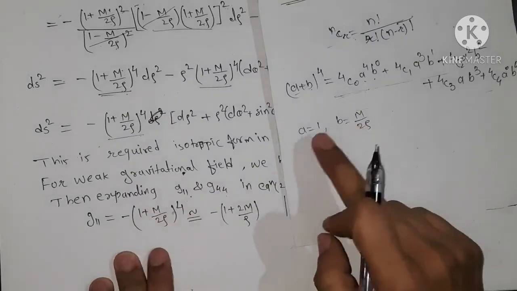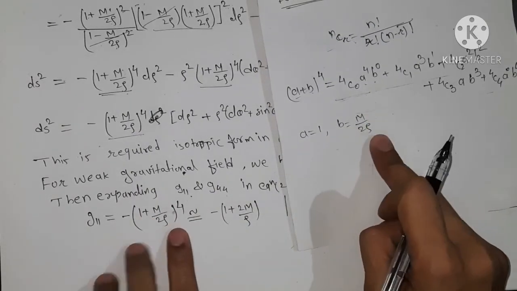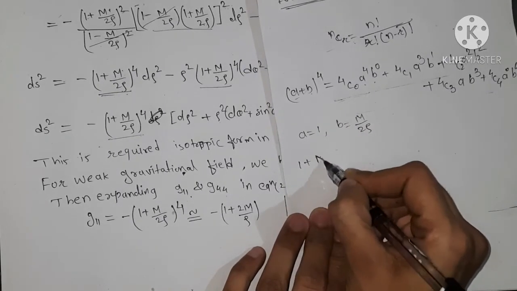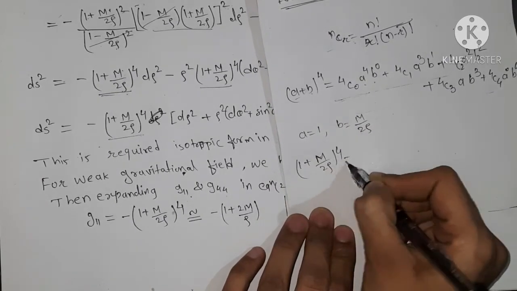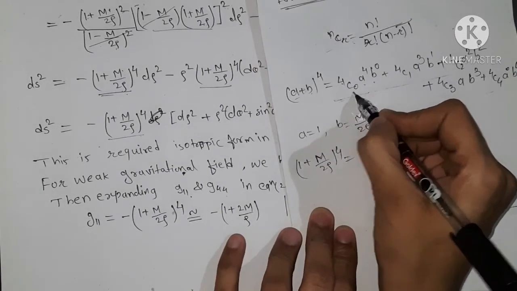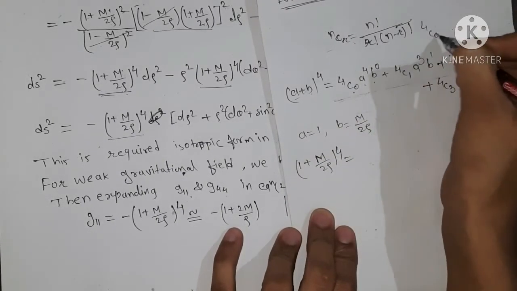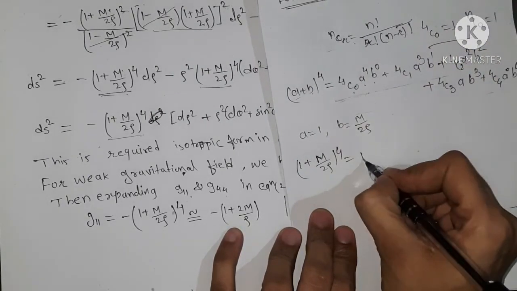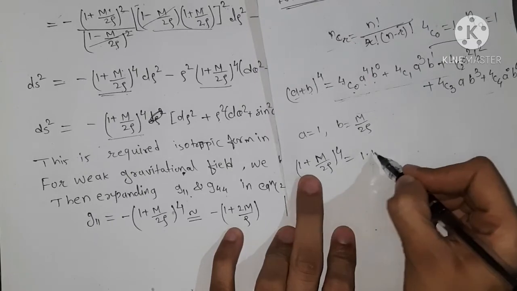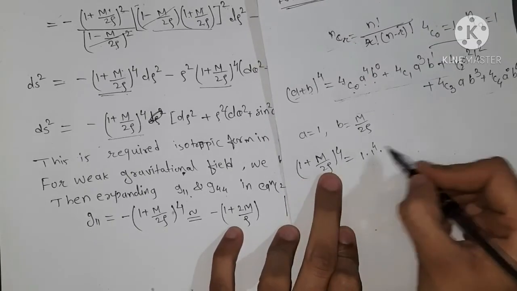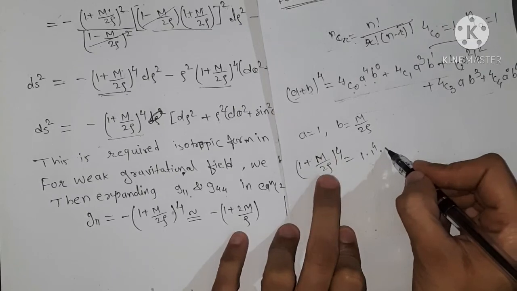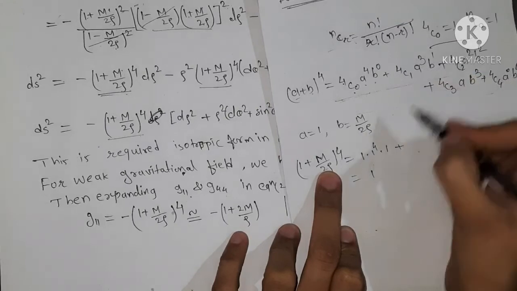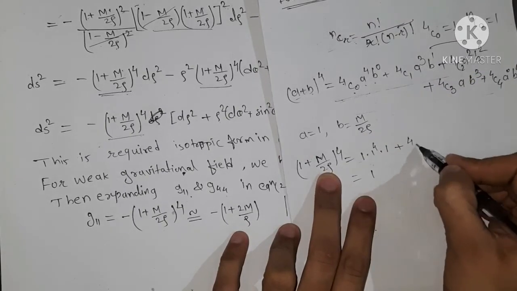So for this expansion we are taking a equals to 1 and b equals to m upon twice rho. Therefore, applying 1 plus m upon twice rho to the power 4, this is equal to 4C0, and C0 is always equal to 1, so 4C0 equals 1, a to the power 4, that is 1 to the power 4, into b to the power 0, that is m upon twice rho to the power 0, which is again 1. So the first term equals 1, plus the second term, that is 4C1